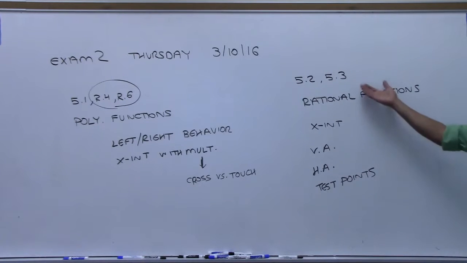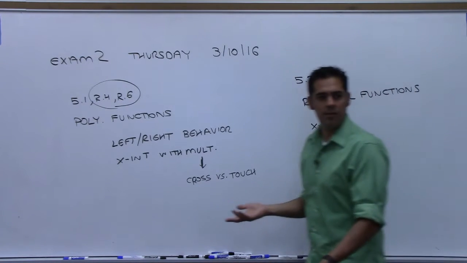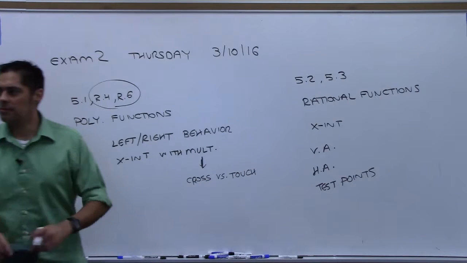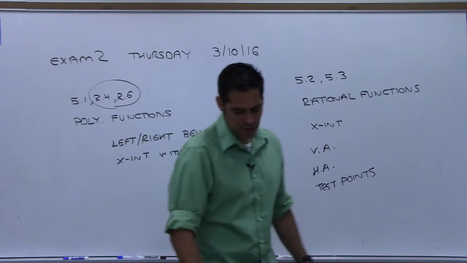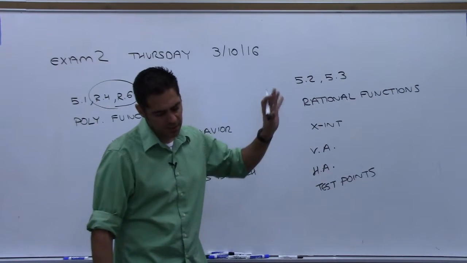And then 5.4 is the polynomial and rational inequalities. So I've already said that's going to be on the test, right? 5.4. Okay. Any questions? I'll try and show you some specific examples